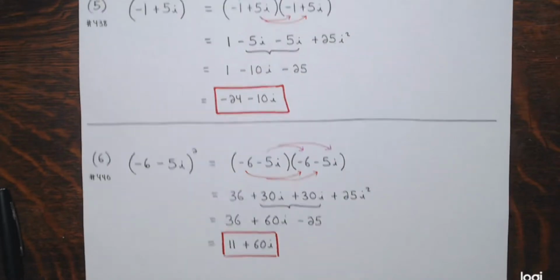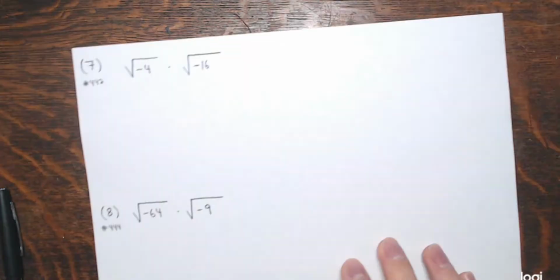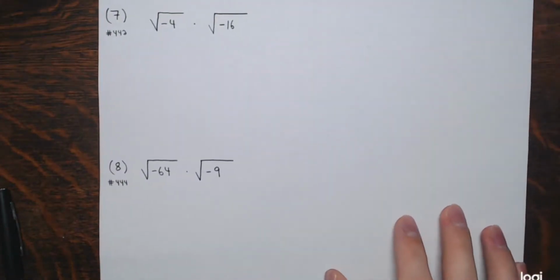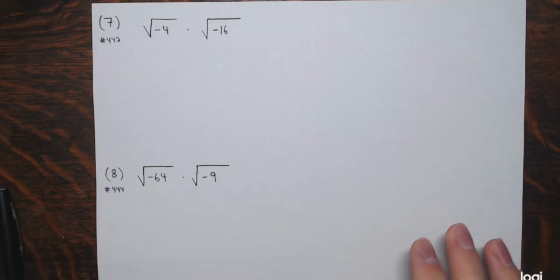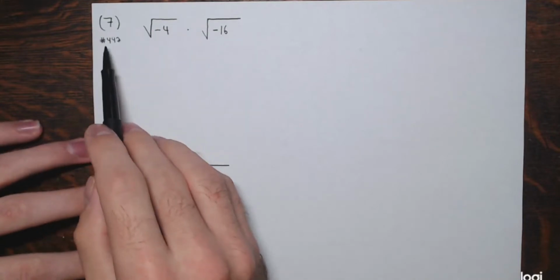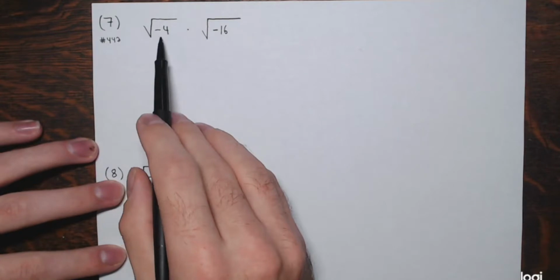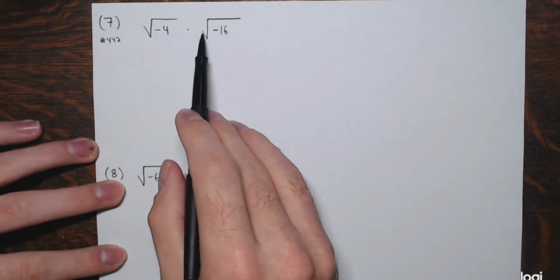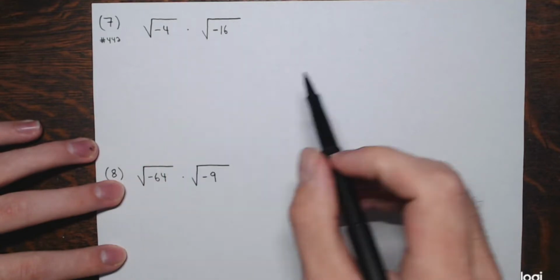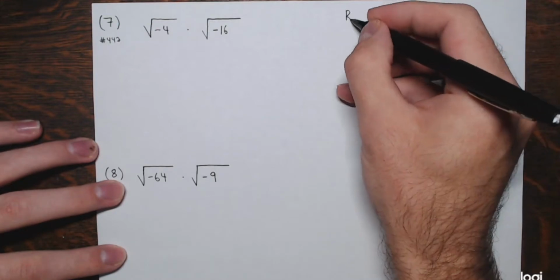All right. Now in question 7, we don't see the i's right away, but we can make the imaginary unit i appear. Right? So example 7, number 442 from the text. We have the square root of negative 4, which is imaginary, that's not real, the square root of a negative, right? Multiplied by the square root of negative 16. Now before I even start here, we have to remember,